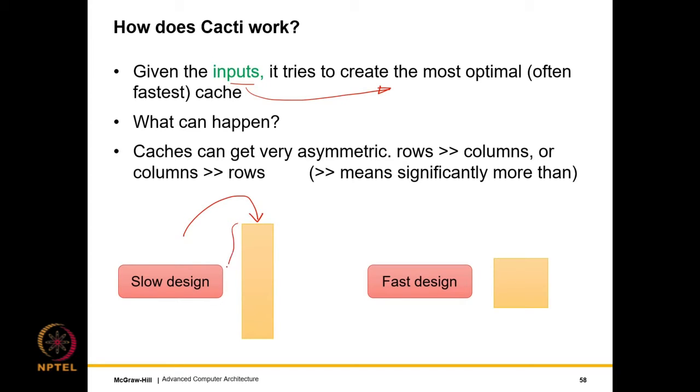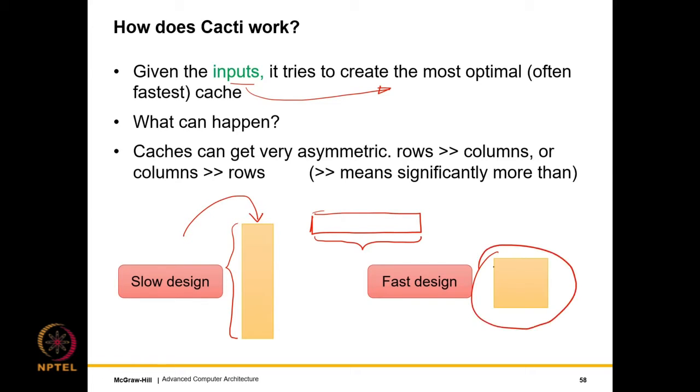And also, if you have too many rows and too few columns, your row decoder will become huge and very slow. Similarly, if I have my caches like this, well, first, it will be hard to place. Second, we'll have too many columns, so the column mux, demux will become very slow. Alright. So a fast design is typically squarish. It's not fully squarish, but typically looks somewhat like a square, right? Subject to optimization, of course.